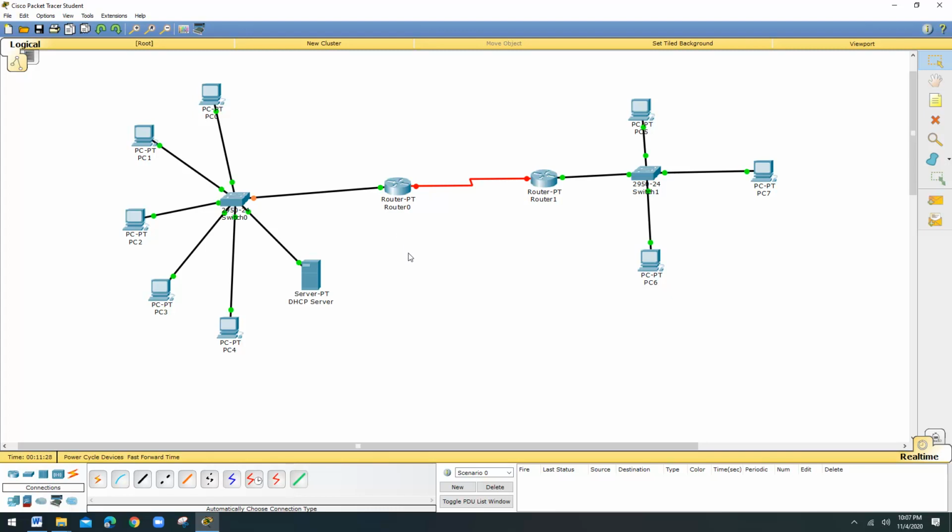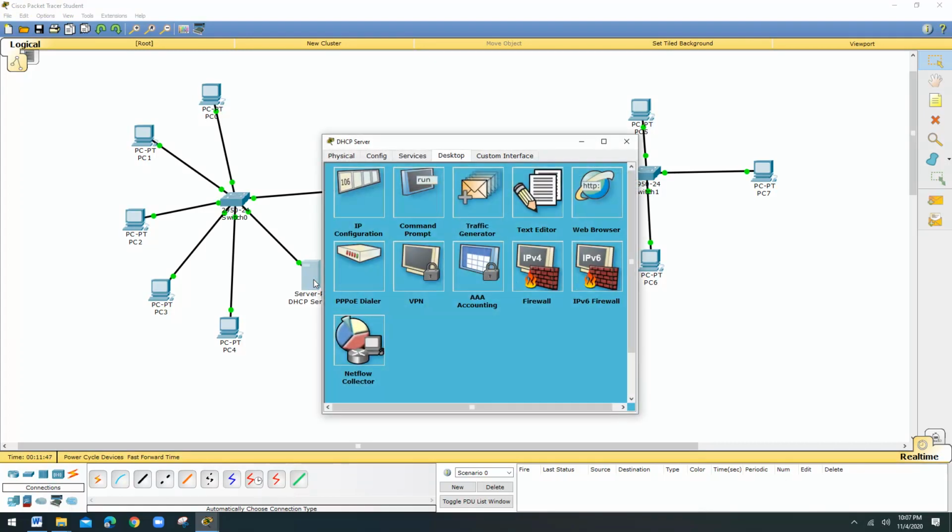Okay. So the next step is we have to configure the DHCP service. I want to make this server a DHCP server, so then only it will assign the IP address for all. So I have to configure the DHCP service in this particular machine. Now let me click this server. You can see here there is an option available, Services. To configure the static IP address we use this IP configuration, but now I want to enable the DHCP service.